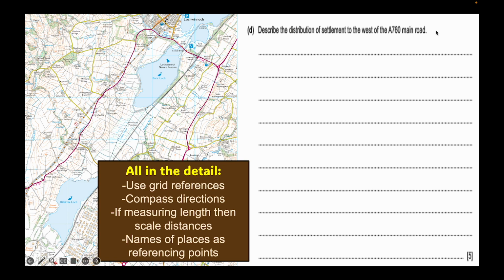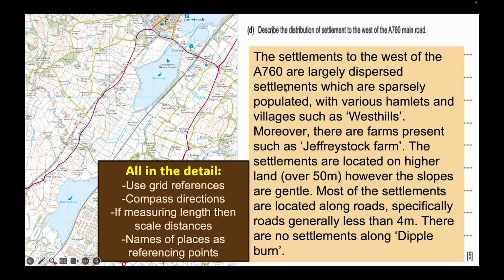The question: describe the distribution of the settlement to the west of the A760 main road. So you have the main road here, and we're looking to the west. So here, this is to the north, so you wouldn't talk about this settlement here. We're talking specifically to the west. So the settlements to the west of the A760